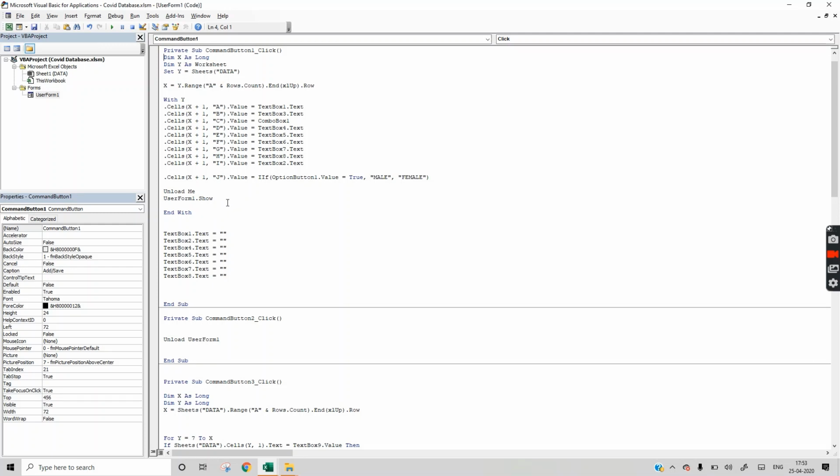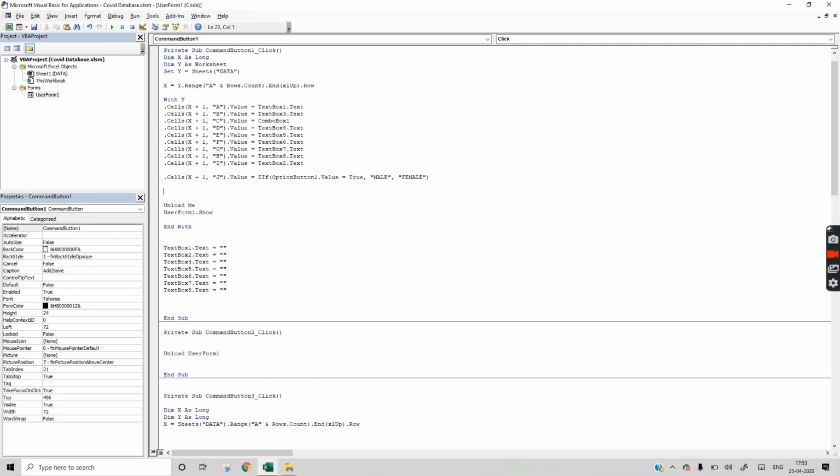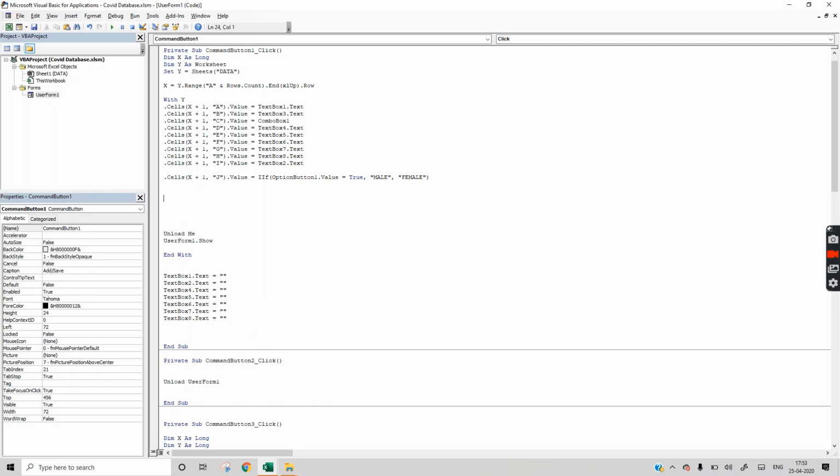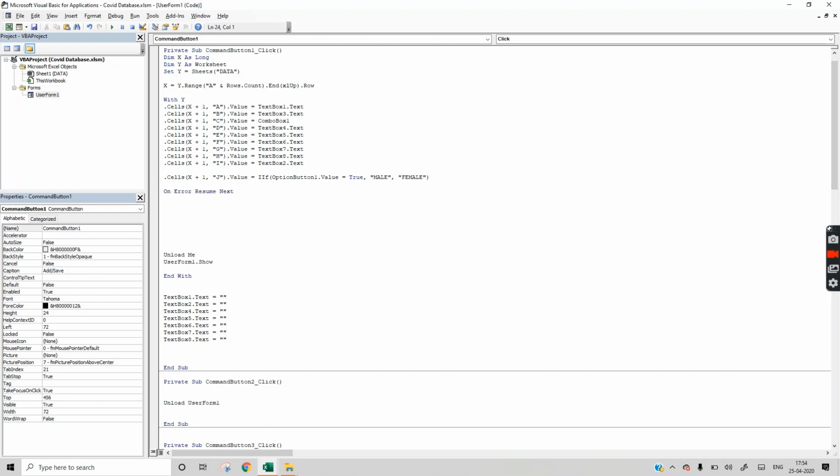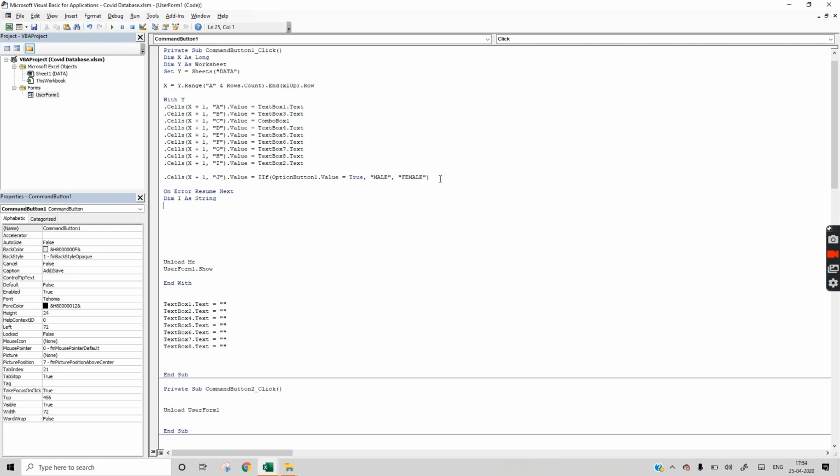So what we'll do now, before unloading we have to write one code. We want to save our photo with the ID name.